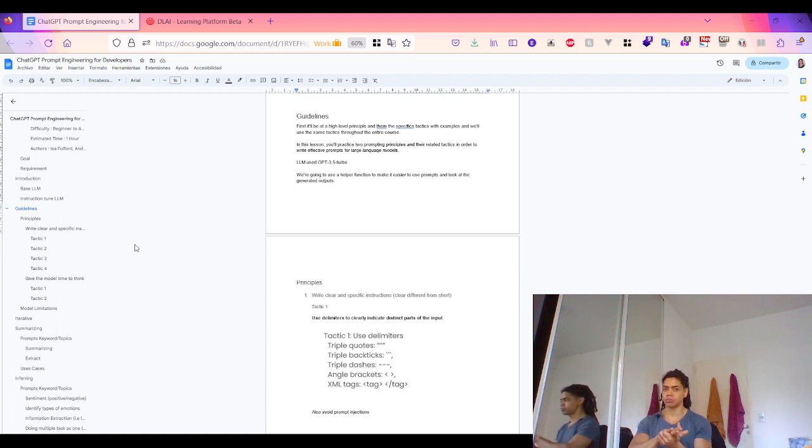So you can use, for example, summarizing or extract as prompt keyword and topics when it comes to summarizing. Then I look at the inferring, and here Andrew Ng mentioned that